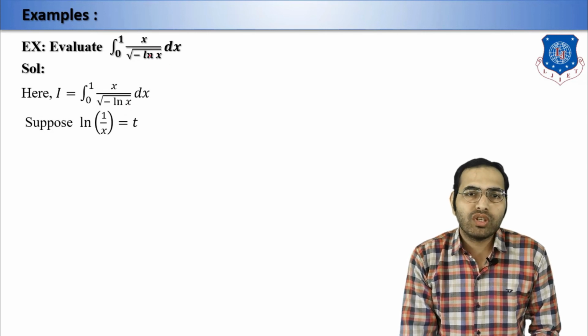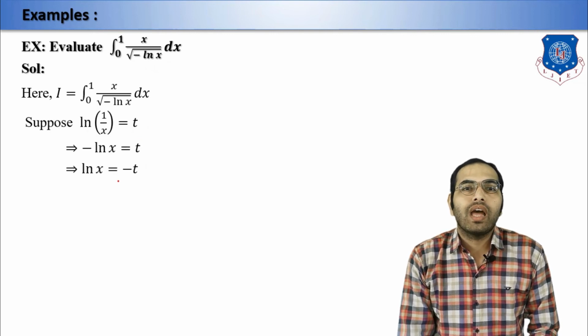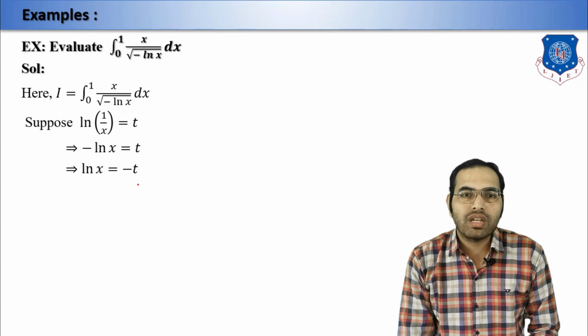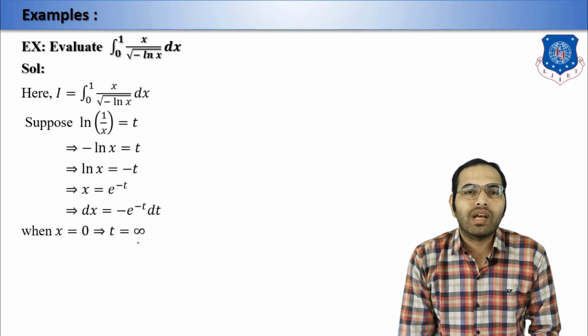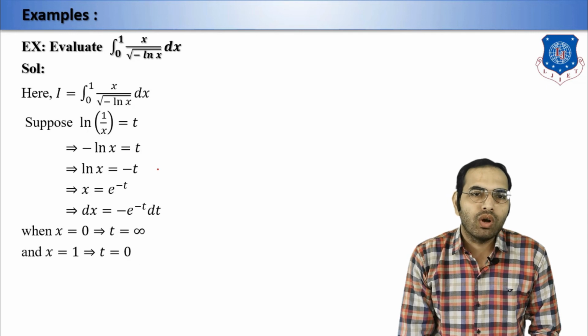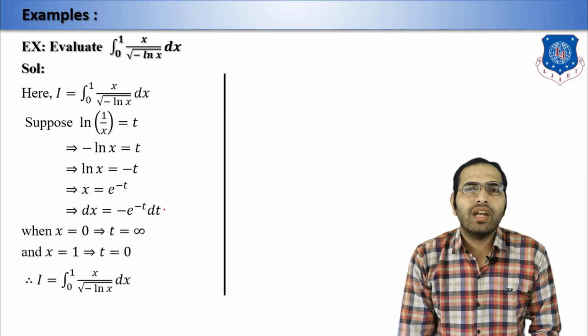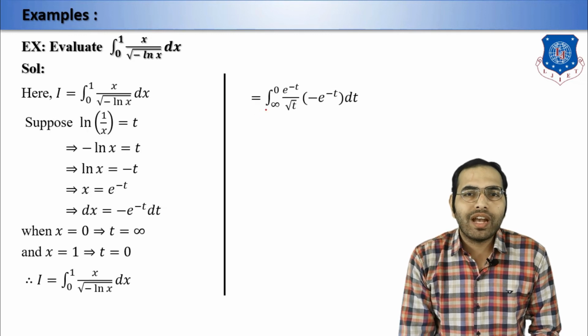Then with the help of the substitution method, ln 1 upon x equals t, then minus ln x equals t, then ln x equals minus t. Taking the anti-log, x equals e raised to minus t, then dx equals minus e raised to minus t dt. Whenever x equals 0, t becomes infinity, and whenever x equals 1, t becomes 0. Substituting all these things into our integral,